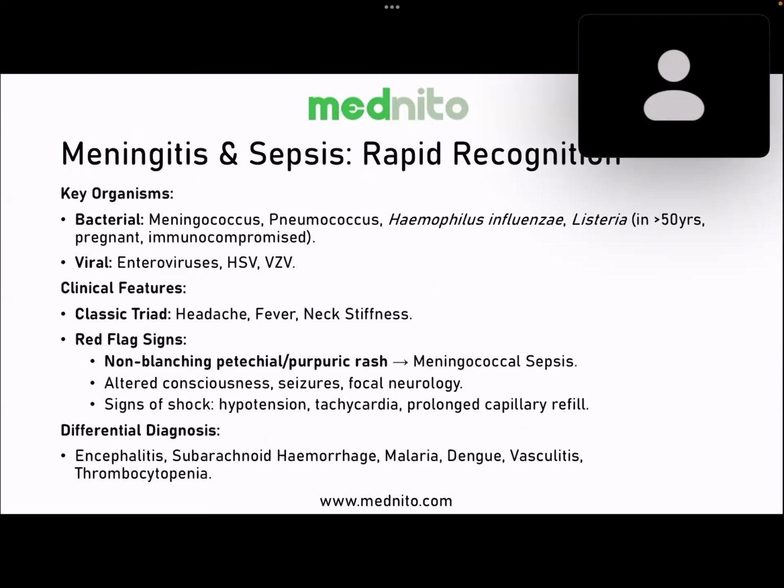All right, next we'll talk about meningitis and sepsis. If the patient is a young patient, a 21-year-old, moving out of the house, staying in a dormitory or hostel, an avid pub goer who drinks a lot of alcohol, with plenty of friends outside, you'll have to think meningitis. If the patient presents with headache, fever, neck pain, neck stiffness, that's the most important thing, please. Meningococcal meningitis is the most important infection that needs to be considered, please.